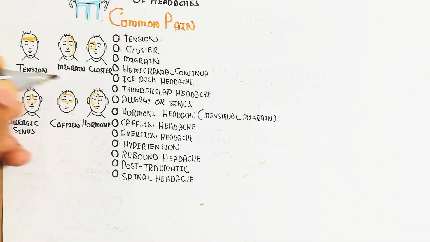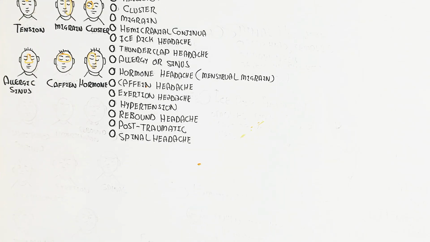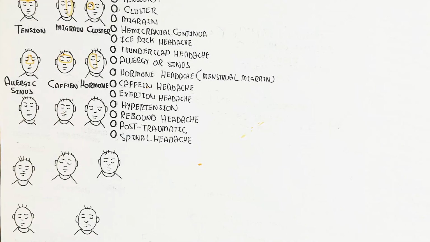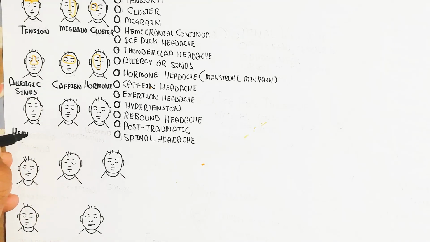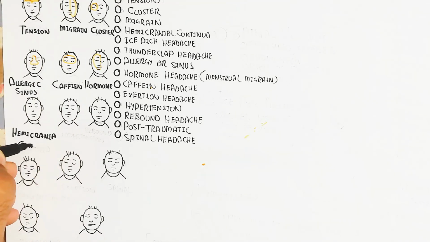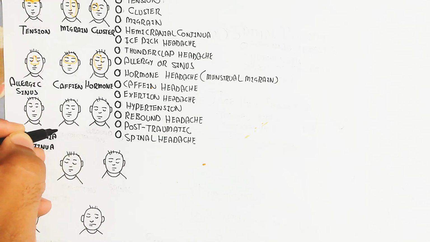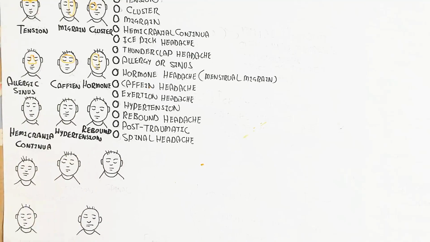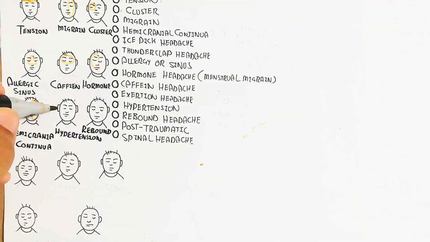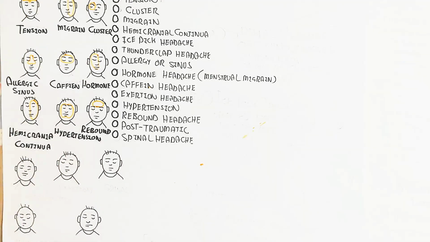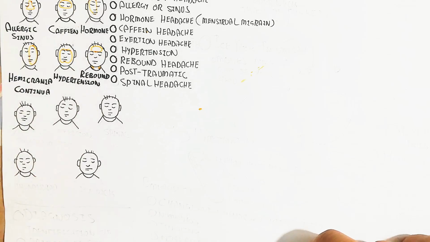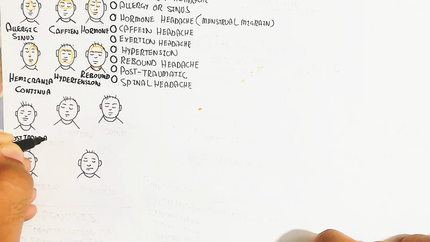The allergic sinusitis is due to allergens and causes the allergic sinus headache. Caffeine overconsumption will lead to headache in the front of the head, near both eyes. Hormone headache is due to menstrual imbalance and is like a migraine, and on the other hand the hemicranial continua is also part of a migraine. Hypertension and rebound are others. In this way, the hypertension will lead to headache in the front of the head,